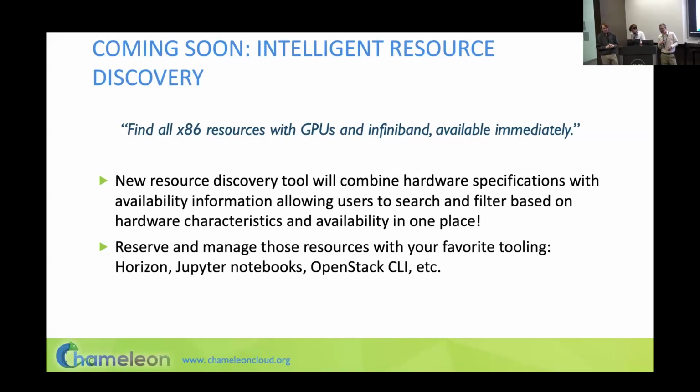So when you go to the hardware browser, you'll be able to see the hardware and also right there with it, whether or not it's available, and improve the intelligent aspects of being able to ask things, adding in AI, like find me these resources that are available now or available next week. And then it'll pull those up. You'll be able to still reserve them using all the ways that you're used to.